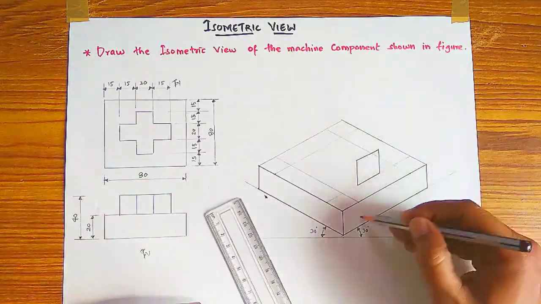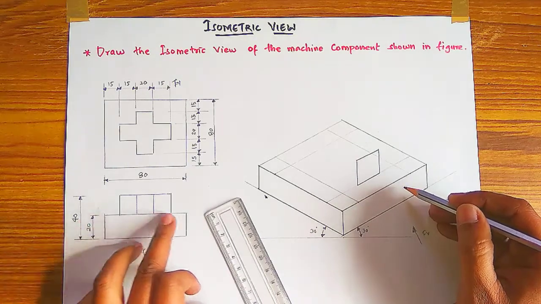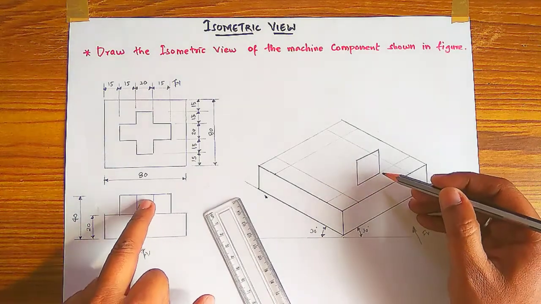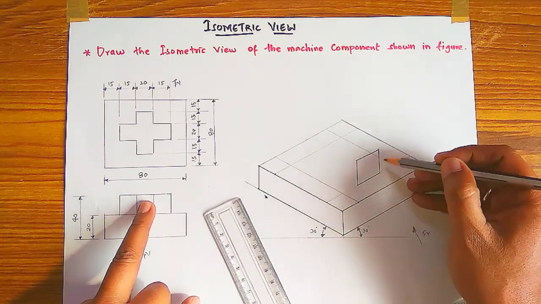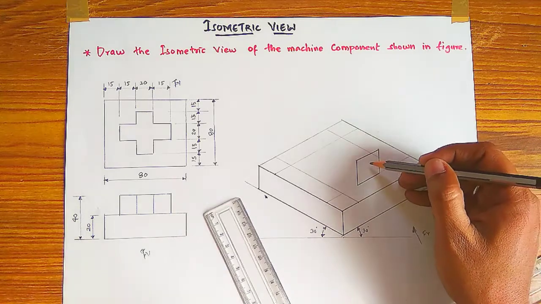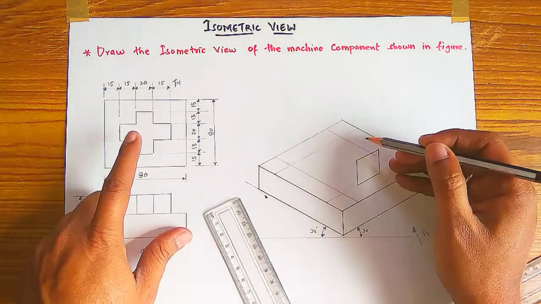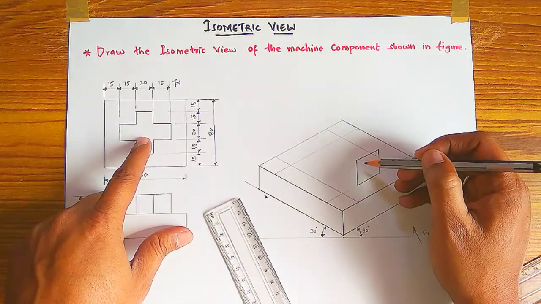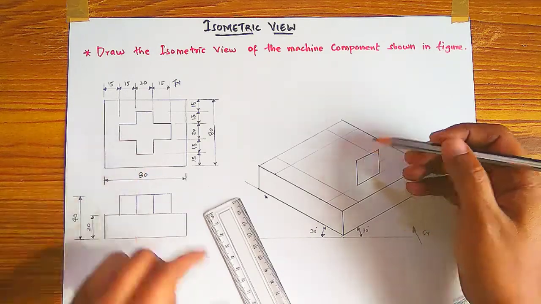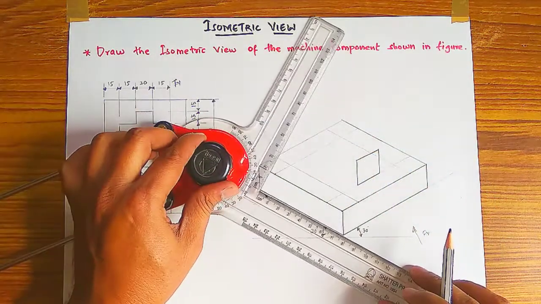Okay, this rectangle shape is in the middle, it is centrally there, and the square resting on it is visible from the front view. The remaining I have to draw, but we have to draw a square also. From the top view you can easily draw. So I have drawn this one, and now this line is 15 mm, so I will take 15 mm with this angle.